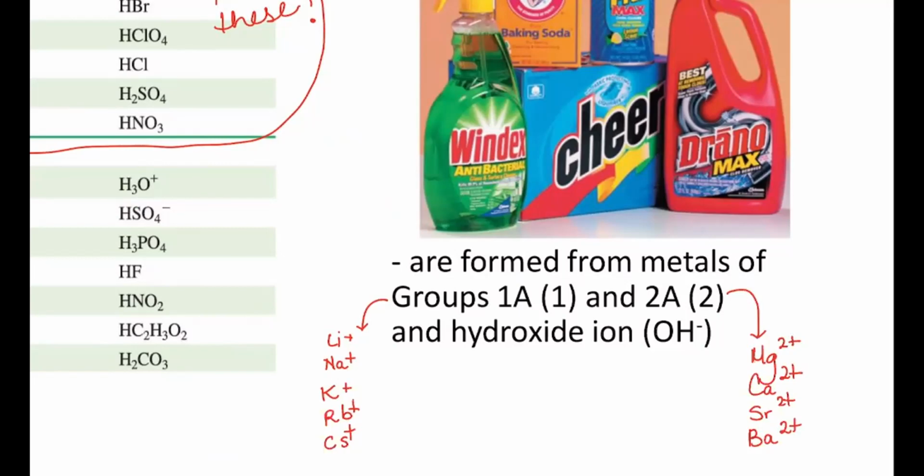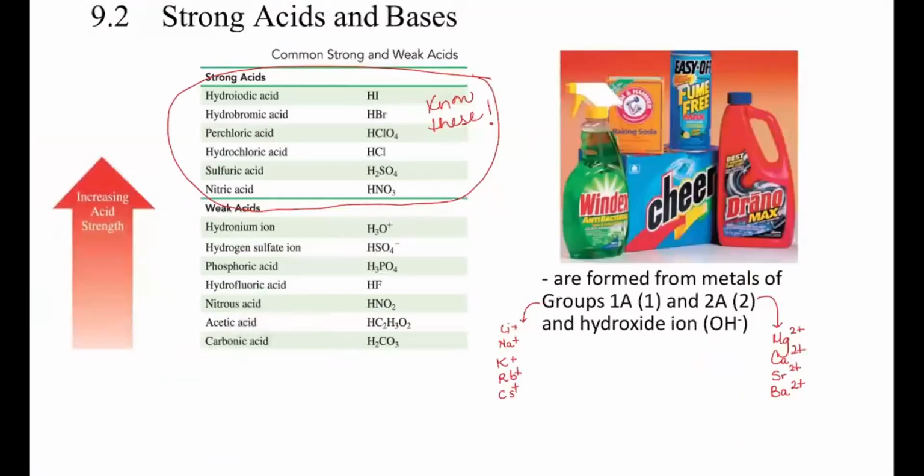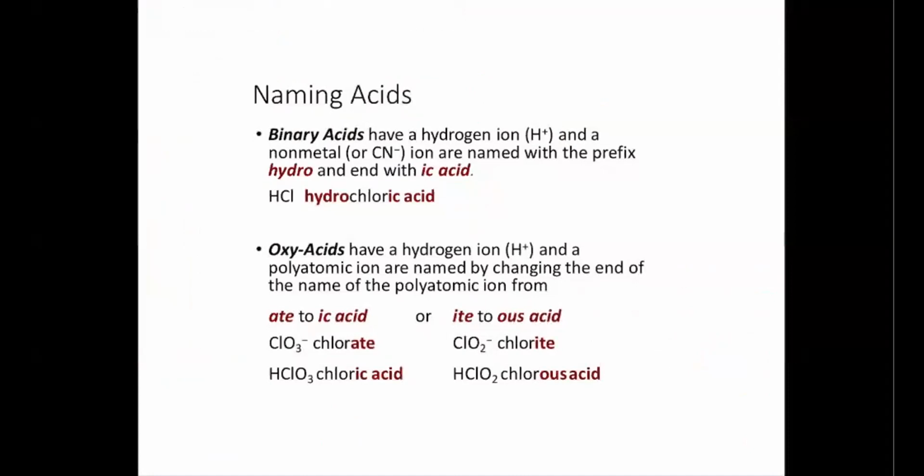Now, since we know what is a strong acid and what is a strong base, where do these names actually come from? Well, the naming of the acids comes from determining if you have a binary acid versus an oxy acid. Binary acids are when you have a nonmetal that starts with hydrogen. Out of the binary acids, the ones you have to be familiar with are specifically